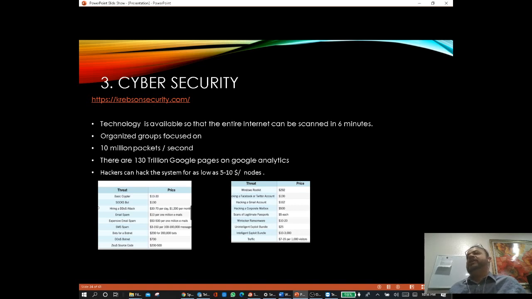They can check what kind of password is being used. They can do an email spam. They'll charge something like $20 to $30. So this is like a menu list. You go to that organization and tell them, okay, I want to get the customer data of this organization, and I want the market data of this organization. What is the cost? And they will give you a rate,